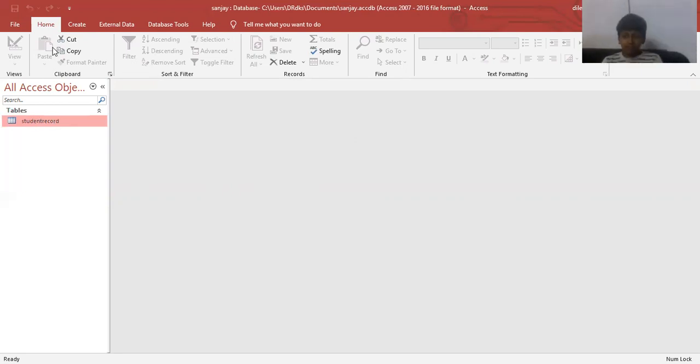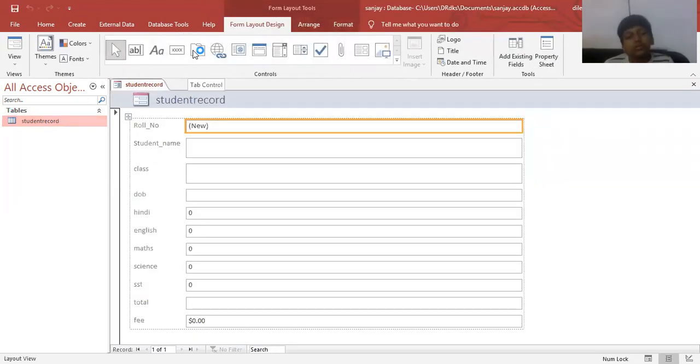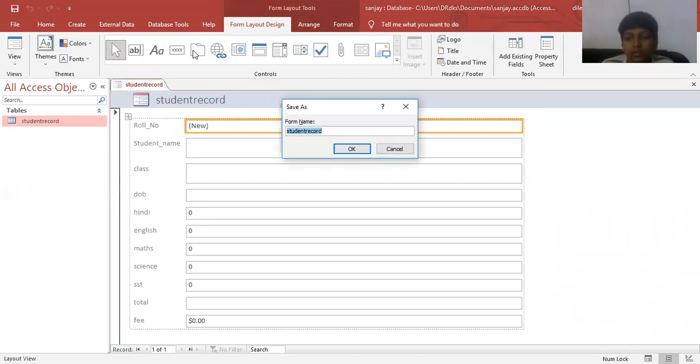Here we select this content and click on page, and here we have the option that is form. Which option? That is form. When you click on form, it will provide the particular form table like this, and just save it. We don't need to do anything. You can save it by using Control plus S and just type the name of the form, the student form. Just type here student form and press enter.